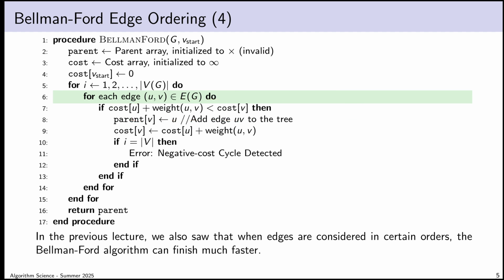We also saw last time, incidentally, so it just came up in passing, that this loop here just says iterate over all the edges of the graph. It doesn't give any indication of how I'm supposed to do that. And so naturally, if I were to go to implement the Bellman-Ford algorithm, or if you were to do it, probably the order of edges that you would use is whichever one is convenient for the underlying data structures that